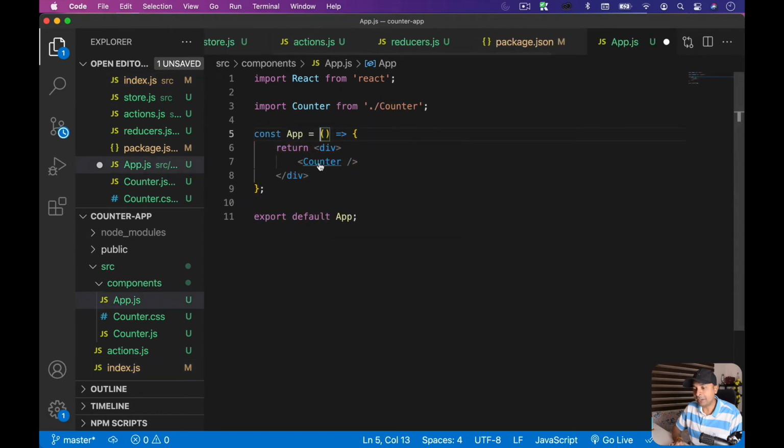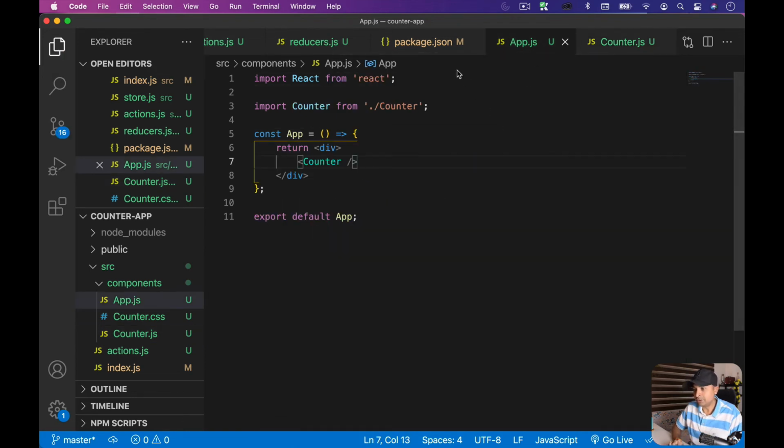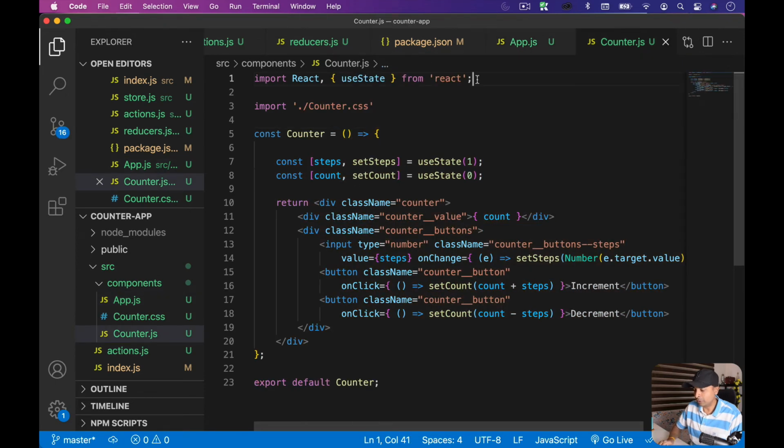I can directly go in the counter.js file, and I can connect this counter component with my Redux store state. And to do that, we use a connect function. I need to go into app and save it first. So I'm going to go into counter, and here I'm going to import